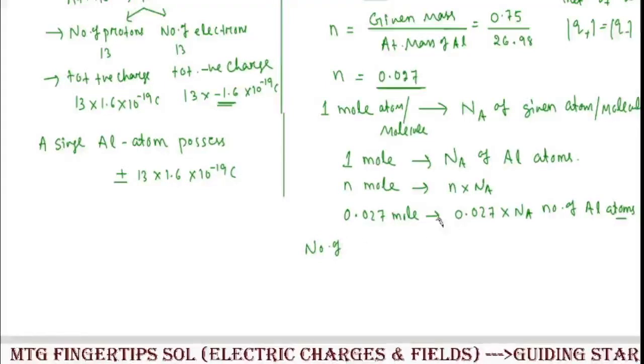Clear. 0.75 gram or 0.027 moles of aluminum. So number of aluminum atoms present in 0.75 gram or 0.027 mole of aluminum,